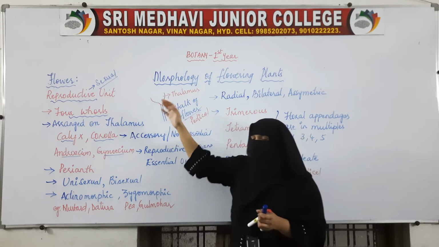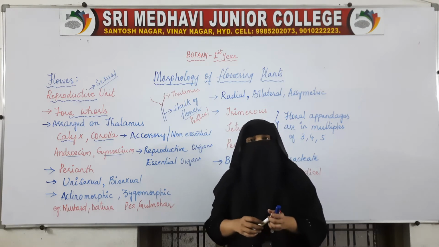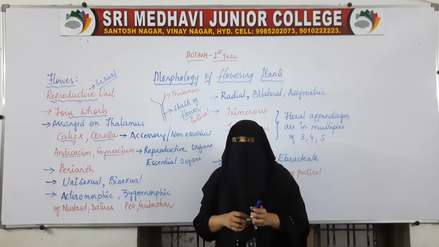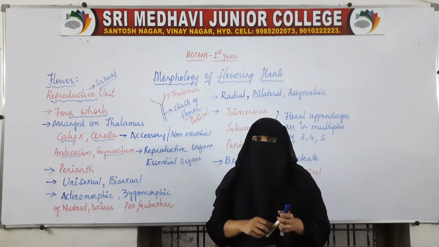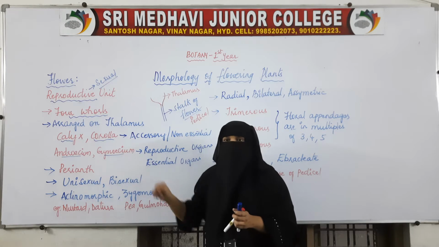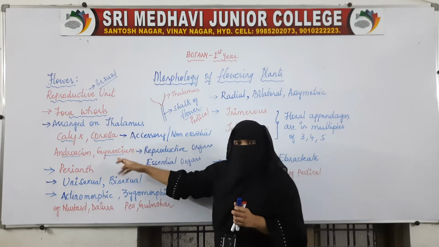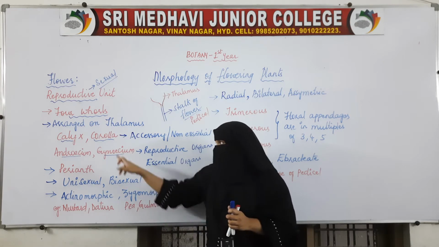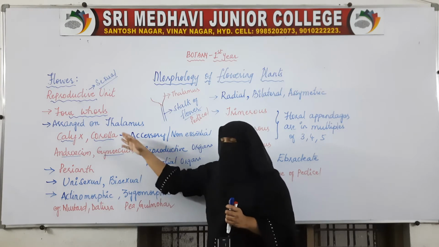I said, flower is the reproductive unit. The flower helps the plant in performing sexual reproduction. And in the flower, which parts help in performing sexual reproduction? Androecium and gynoecium are the parts which help the plant to perform sexual reproduction. So they are the main organs which help in reproduction, and these 2 support them. Calyx and corolla support androecium and gynoecium in sexual reproduction. How they will support, we will be seeing.